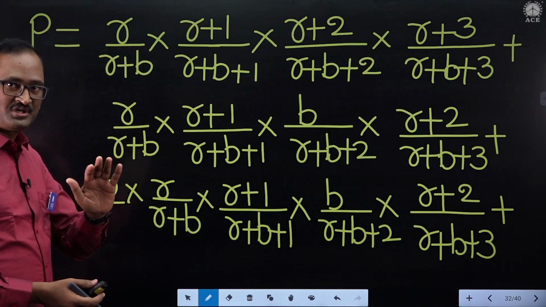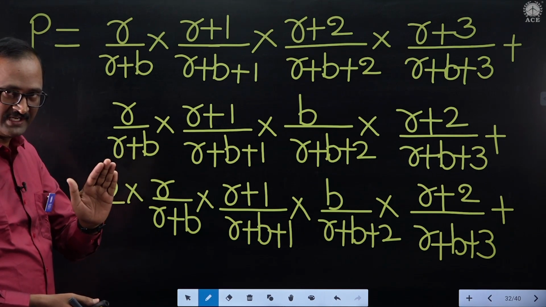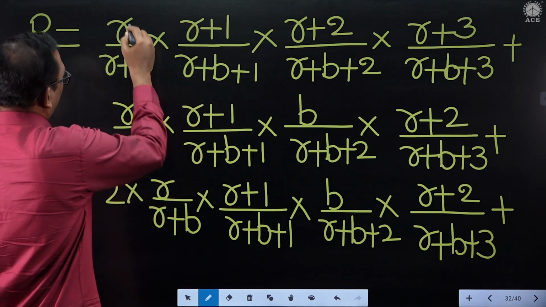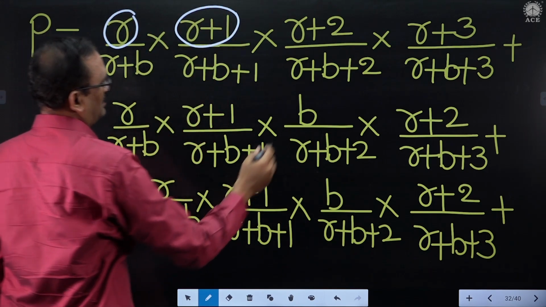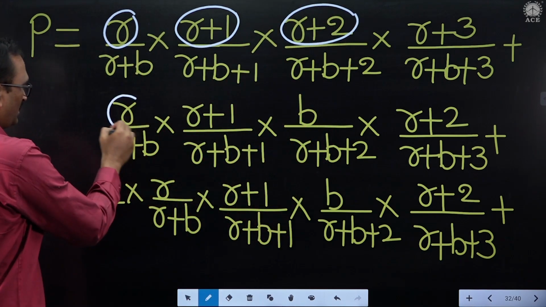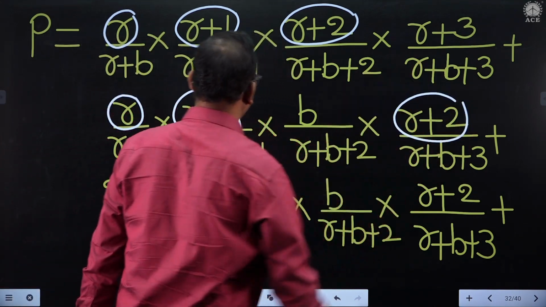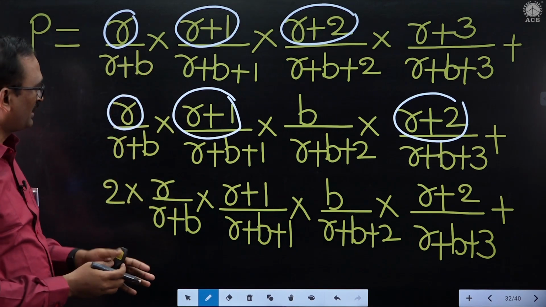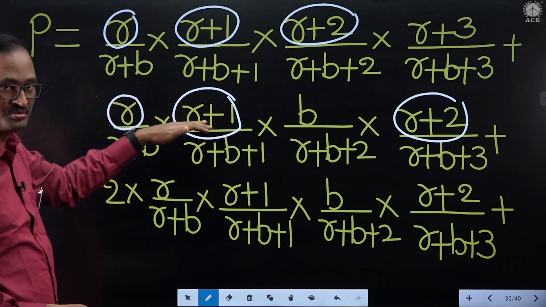In all the terms, the denominator is common, that should be taken out as a common factor, that is fine. Apart from that, from the first and second, here numerator r plus 1, numerator r plus 2. Here also numerator r plus 1, r plus 2. So r into r plus 1 into r plus 2 as common from these two terms. Denominator as it is regarding these two.